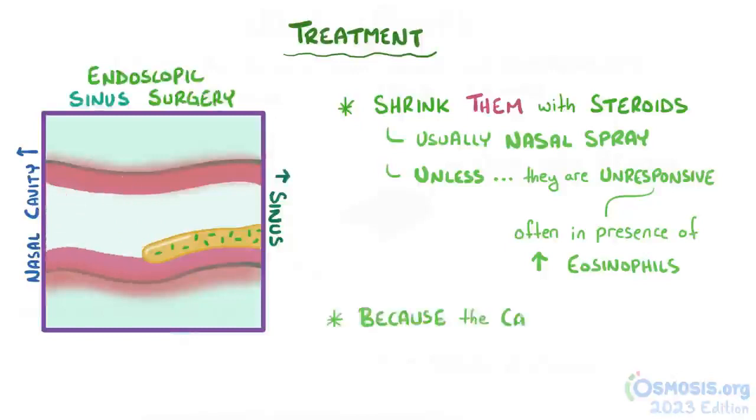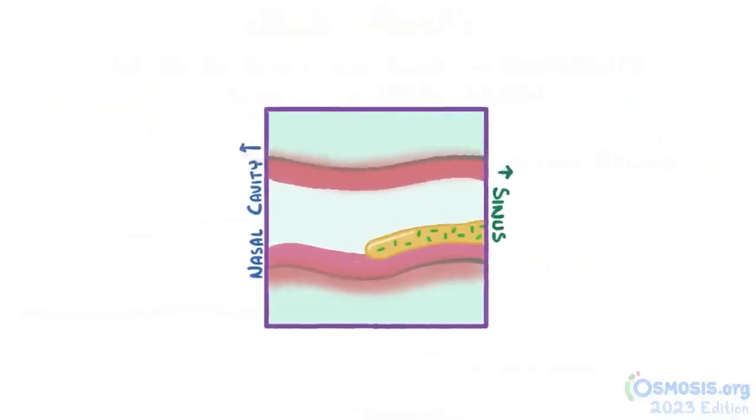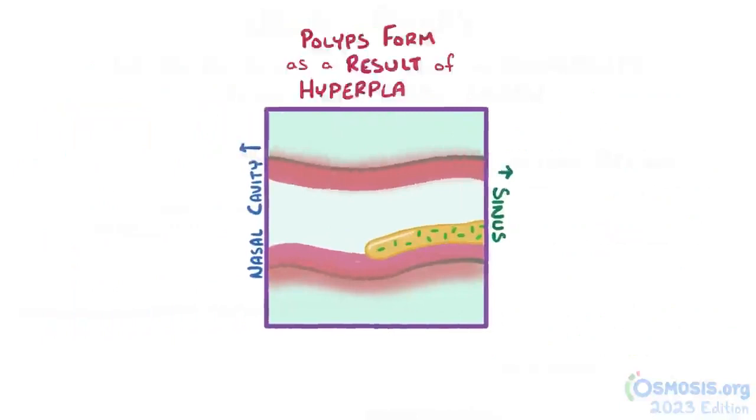Unfortunately, because the underlying causes for polyps are often chronic conditions like allergies and asthma, polyps often return, so repeat treatments are typically needed. Alright, as a quick recap, nasal polyps form as a result of hyperplasia of the epithelial